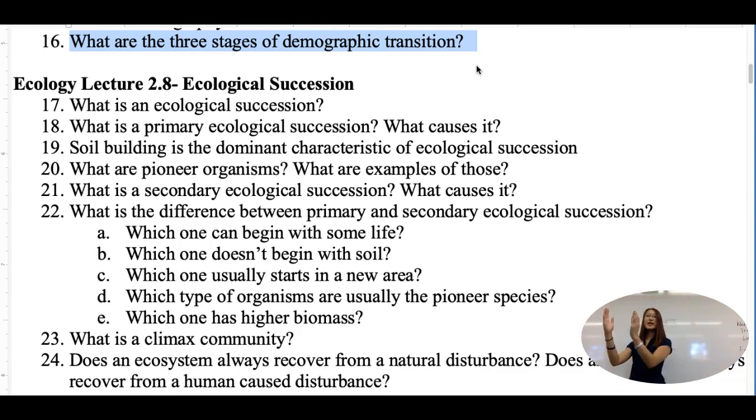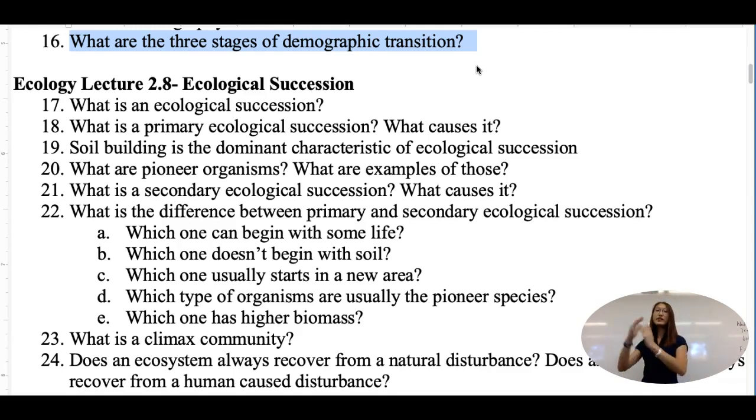And then we move on to the second stage. The birth rate is still pretty high, and then the death rate goes down a little bit. So this happens because people are getting better at surviving, but the mindset of let's not have so many babies has not caught up with this process. So now you have high birth and lower death. So in the second stage of the demographic transition, you'll have a pretty fast population growth rate.